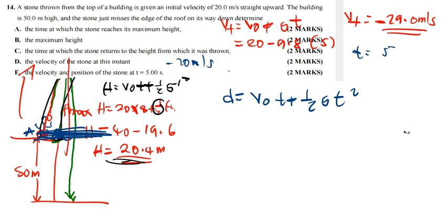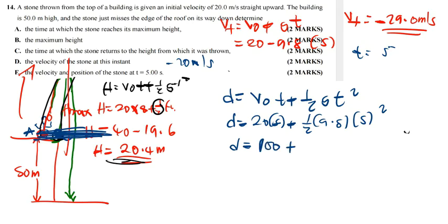Meaning I have d is equal to, the initial is 20 times time is 5 plus half g 9.8, t is now what? T is 5, but I square. So 20 times 5 is 100 plus,